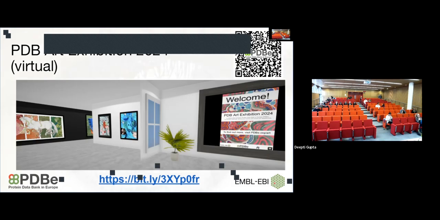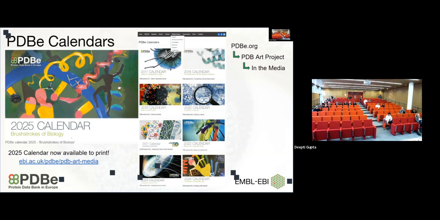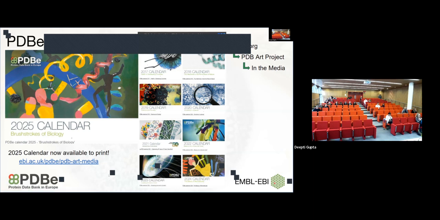So this year's exhibition, although we have a mini exhibition outside, the exhibition is online. You can use the QR code to visit the online exhibition on Art Steps to see the beautiful artworks which the students have created this year. The calendars are also here. The new calendar, which is the 2025 calendar, is here outside, so people on campus can take free copies and distribute them. And if you want to download it, it's available through the link which is over here, and we will share this later.